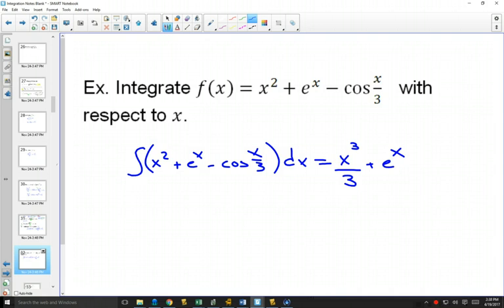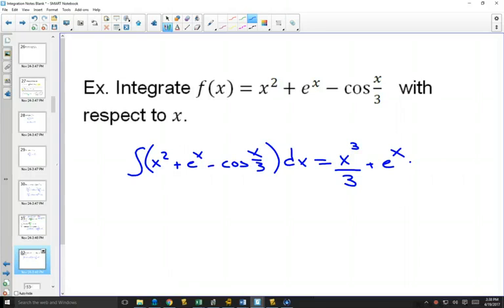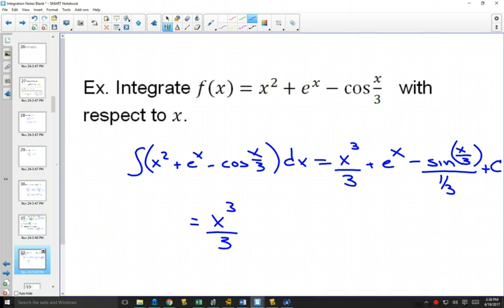And then the integral of cos. Again, you might have to think, where's my cos? Cos integrates to sine. The signs don't change. So this will still be negative sine x divided by 3. And because we have a 1/3 in there, we have to compensate with a 1/3 plus c. So our final answer, just to write it without that complex fraction,